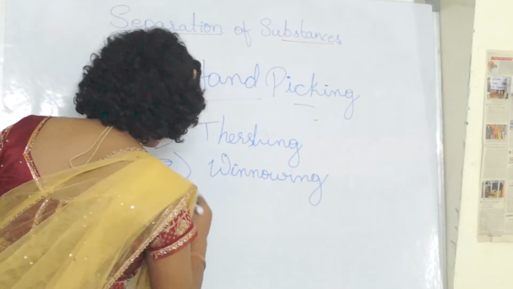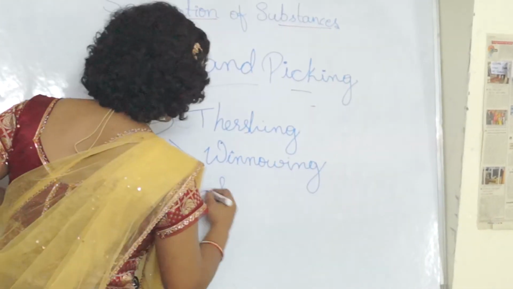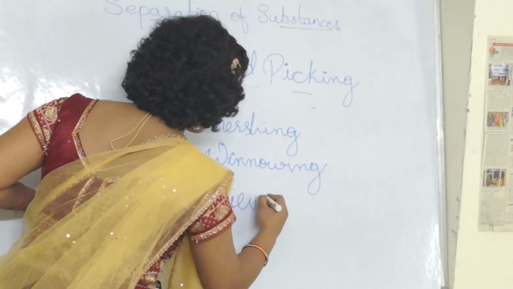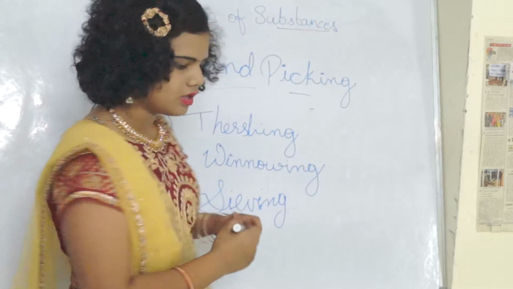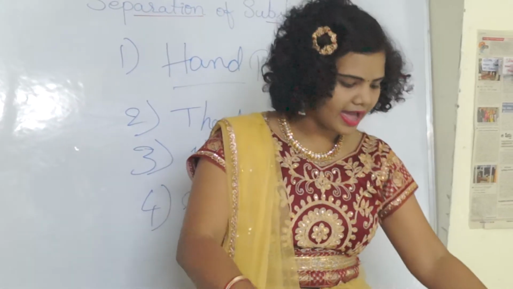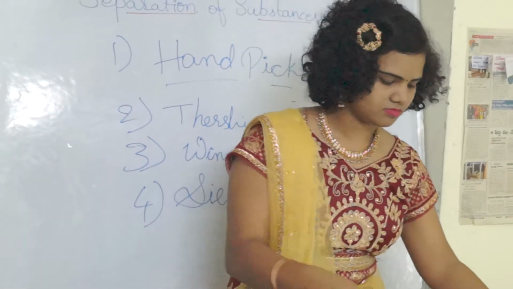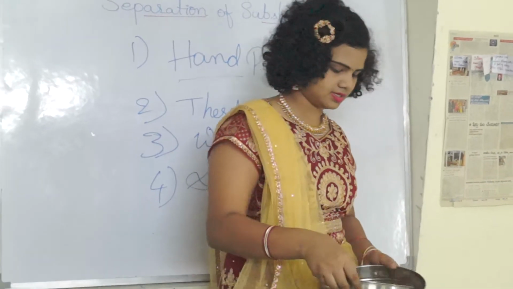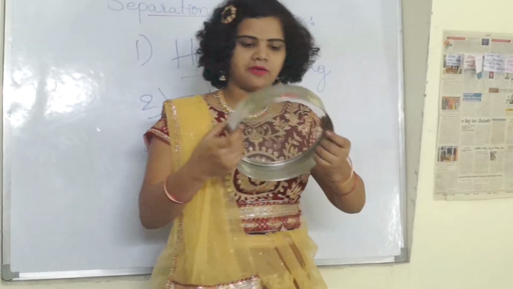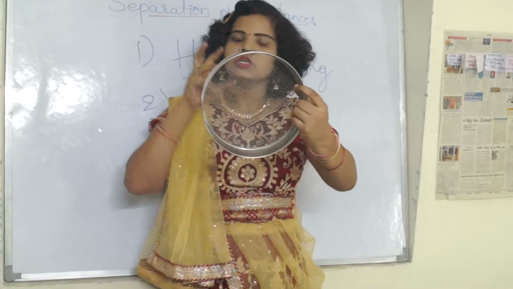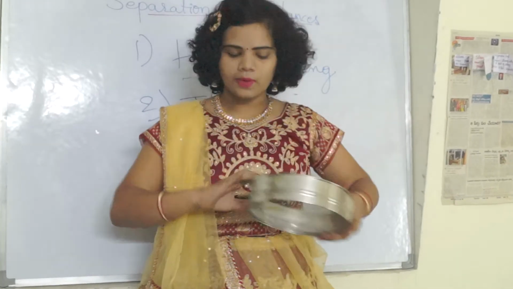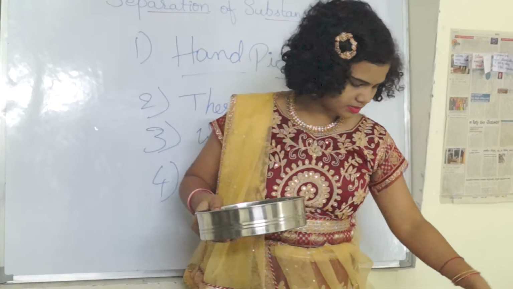The fourth one you have is sieving. This is the sieving method. Here I have a sieve. This sieve has some holes in it. Here you can see the holes in it. And now what I do is